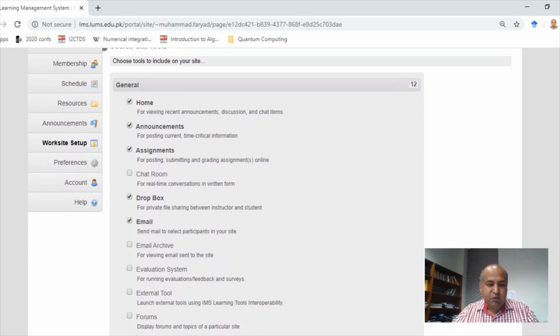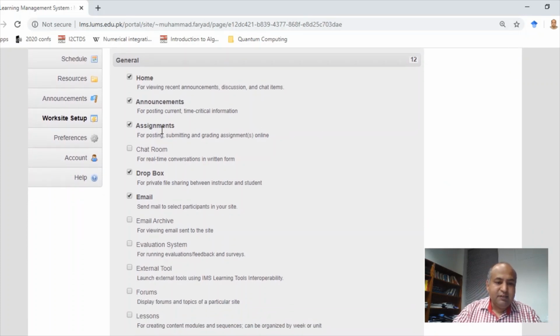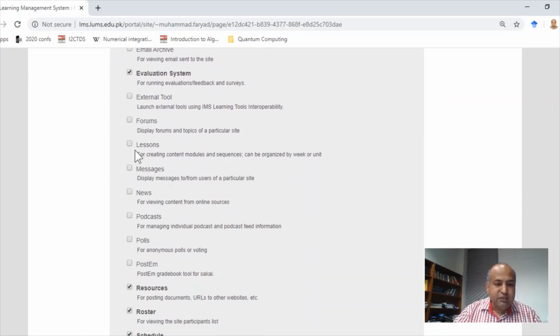And this is an important part where we select what options we need in our course. For example, we need announcements, assignments, chat room for setting up a learning community. Email I usually don't use, but you can leave it here sometimes if you need it for quick messaging. We might need evaluation system, external tools if you want to use tools from third parties. Forums are an important part for structured discussions. We can have lessons, messages,